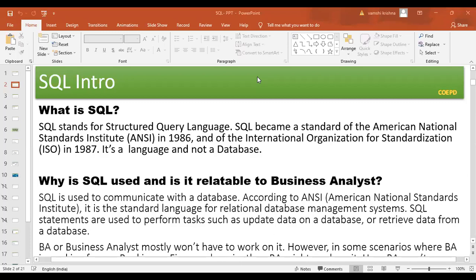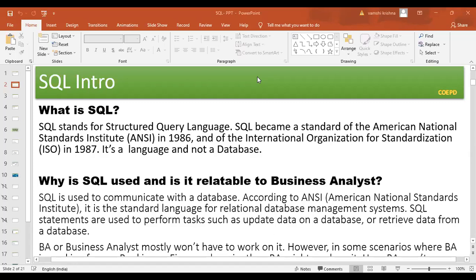Okay. Now, why should I even learn to get into this database? In reality, whenever you're working on a client project, I always tell students that we should have a 360 degree approach to the project. You cannot say, madam, I'm a functional guy, I have no idea what is happening in the backend. At least as a business analyst, you should have a basic understanding of what the database is, how the data flows, and what is happening at the backend.